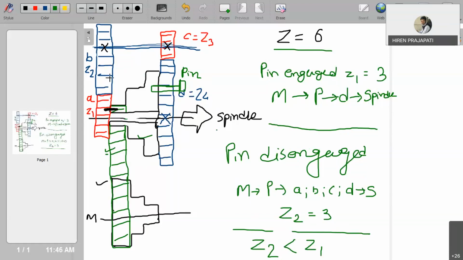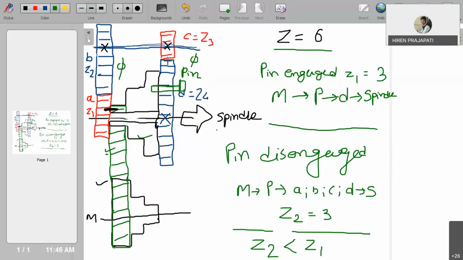So A to B is a reduction, then from C to D again a reduction, and as these two are idle gears, A and C and B and D, then the gear ratio between A to B and C to D is the same, right? And that gear ratio again we need to keep in some geometric progression, because we want to design these gears, these drives, such that we get speeds in geometric progression. So these also have some gear ratio in geometric progression, right?